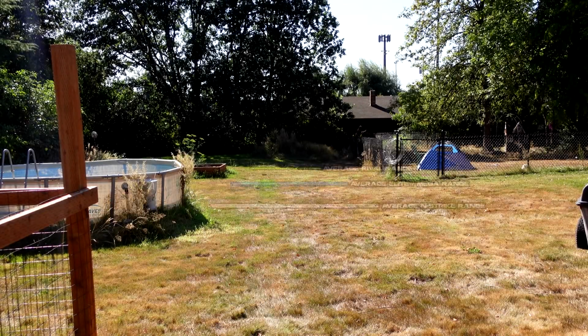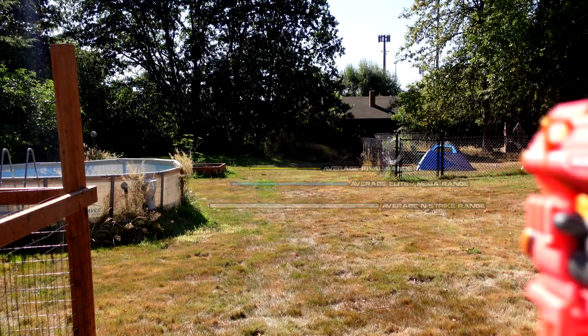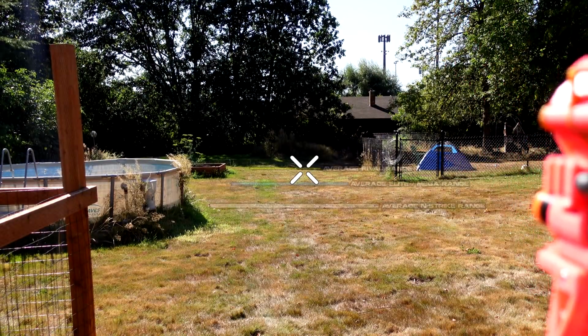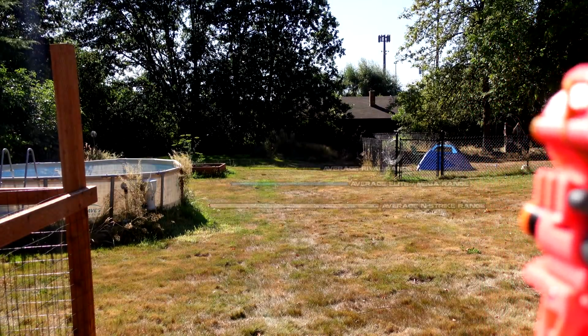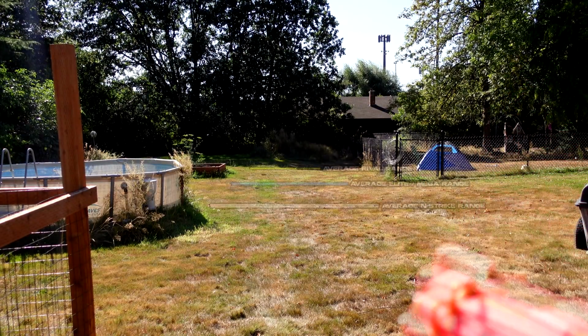All right, this will be interesting. Got 2 magazines on me. We'll see how this goes. Try to do a flat shot, and that is essentially elite ranges. Flat. That was flat. That went almost rival range, so never mind. With a little bit of angle, I'm clearing rival ranges without even trying. Wow. I don't know if I'm going to be able to do the hit markers for this, but...